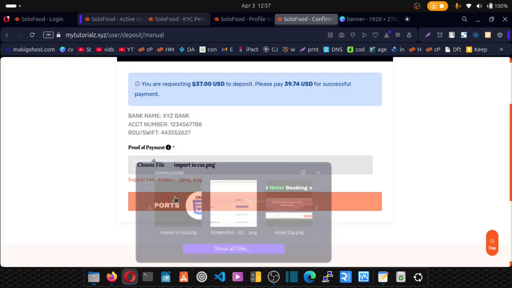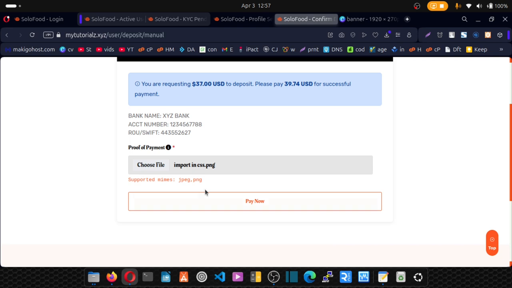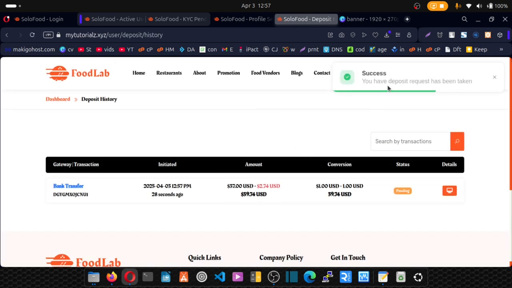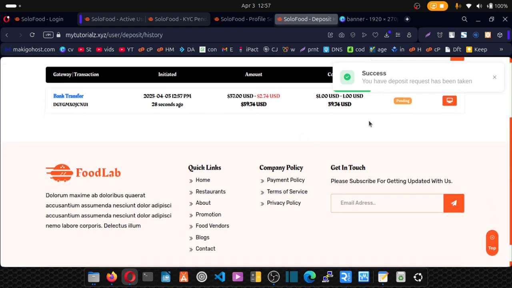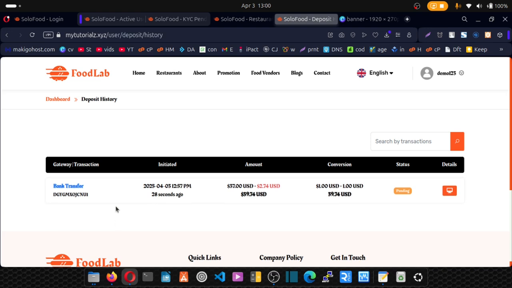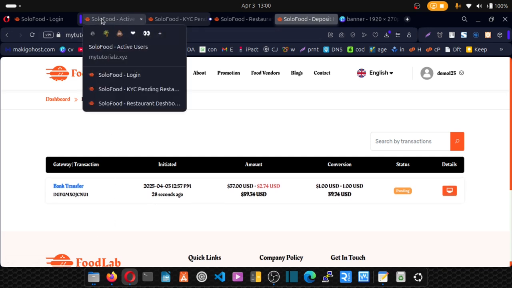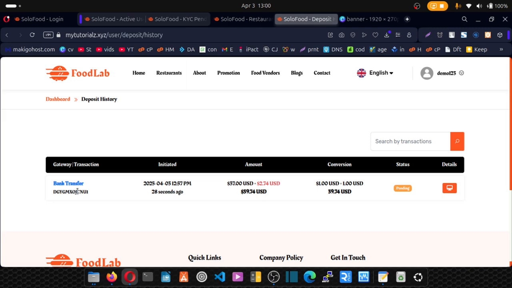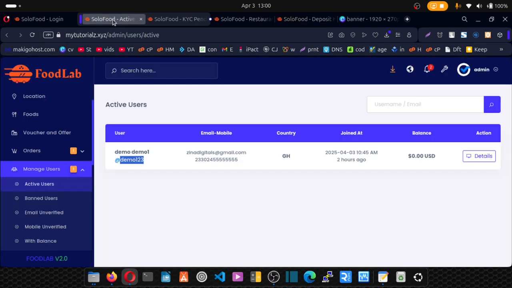Let's assume this is the screenshot, and then we send the money. After that, we'll click on pay. And your deposit request has been taken. Okay, so everything is pending now. It's pending. Now you, the website owner, because it's a manual payment, you, the website owner, have to